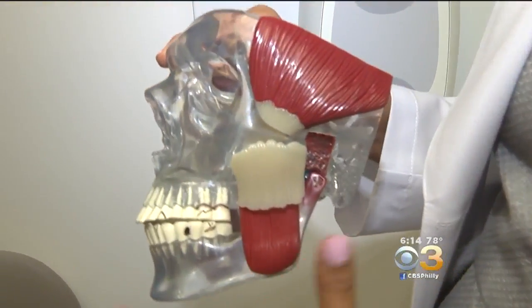Rudy Gibson says TMJ can make her face look distorted, and the inflammation in her jaw also makes it difficult to talk at work. And then it sends kind of a pain up the sides of my head, and it tenses all of these muscles in here. TMJ is an inflammation of the temporal mandibular joint, which is the joint that allows you to open and close